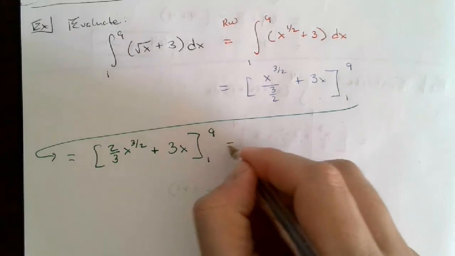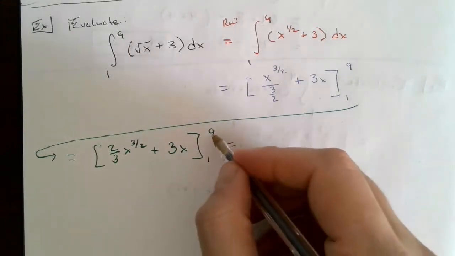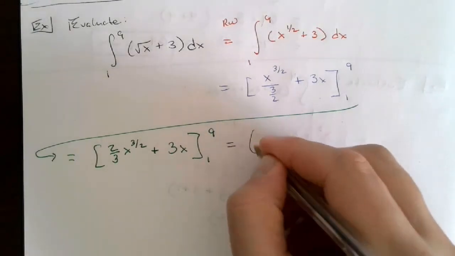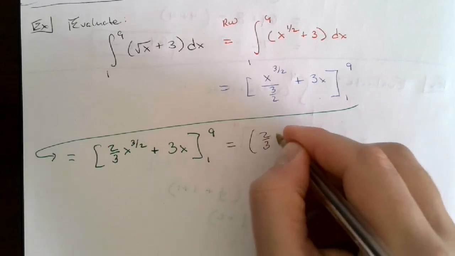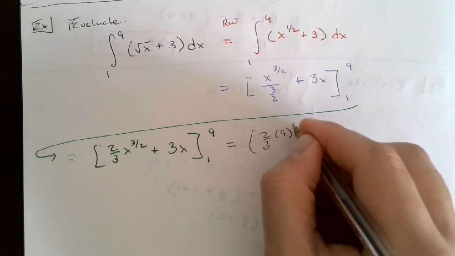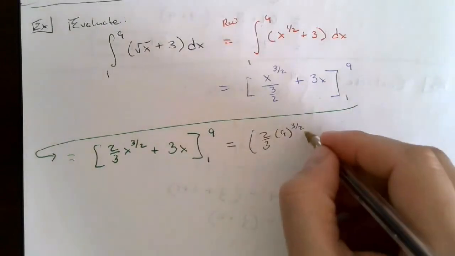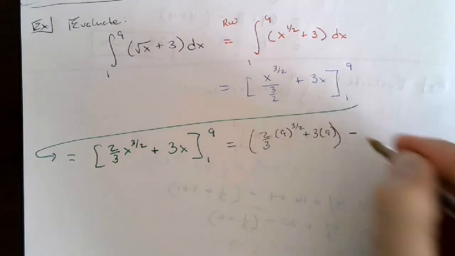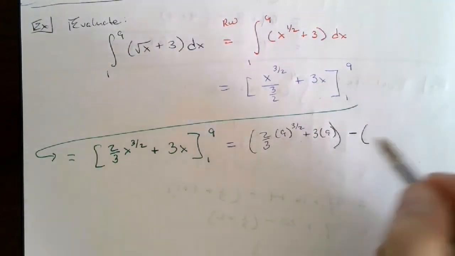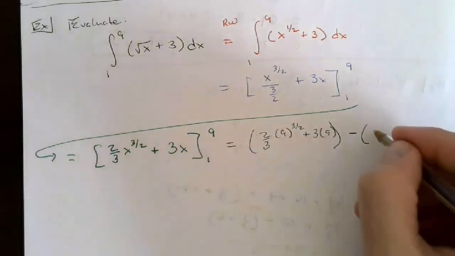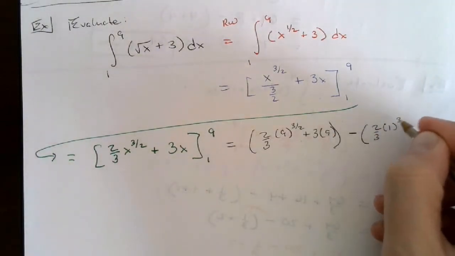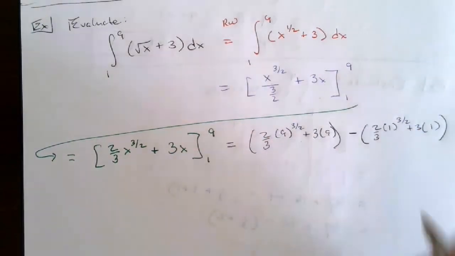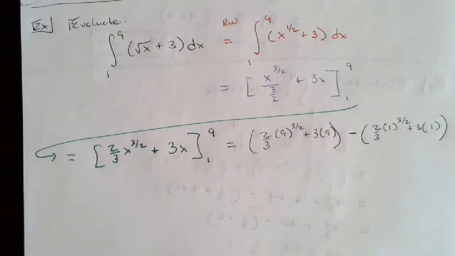And then we will follow through with what we normally do: substituting the upper limit, subtracting off, substituting in the lower limit. Alright, so the first part will be 2/3 times x, which is now 9 to the 3/2, subbing in the 9 first, plus 3 times 9. Make sure you sub 9 into the whole thing before you start the next part, minus, and then we're going to substitute in, making sure you put parentheses around it, the lower limit, which is 1. So we have 2/3 times 1 to the 3/2 plus 3 times 1. And then this is equal to,